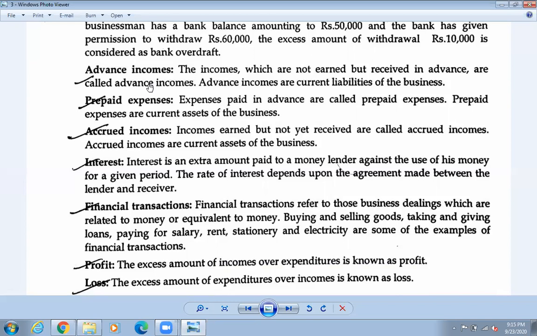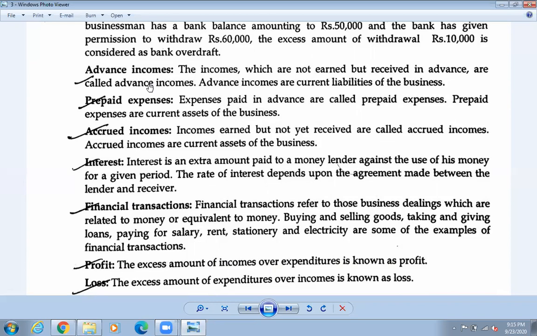Okay, but I need some money. I'm working in some institution, in some company, and I need some money. So what can I request to my manager? Please give me advance salary. Can you give an advance? Because I'm working over here, that means I will work the next month also. So please give me the advance salary.